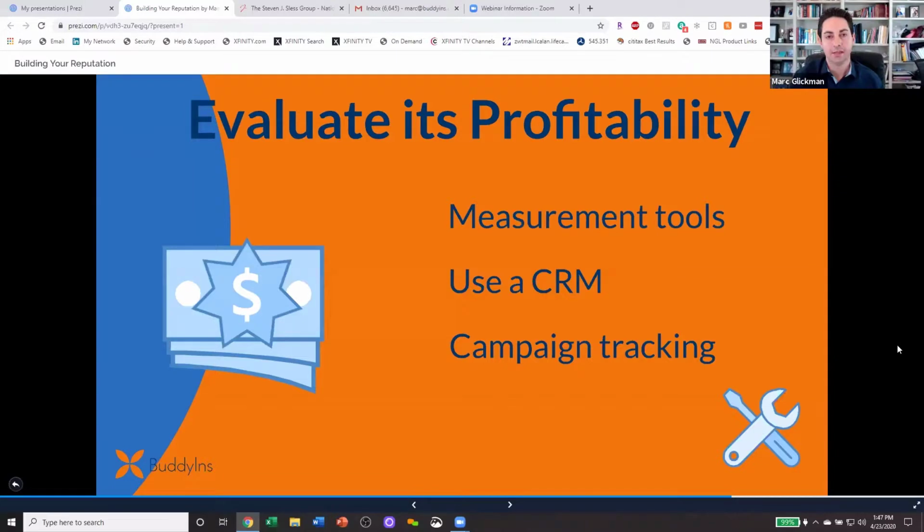Yeah, and I think it's so critical to have a strategy when it comes down to this. When you're building your reputation, it's very hard to measure the impact of that. But one way to do that is to see what your end conversion rates are, because that reputation is really what's going to lead to higher conversion rates. I think you mentioned that you have a much higher success rate, whether it's direct mail or another channel, especially even locally, because people might know your name already. When they receive the mail, they're more likely to open it up because you built that brand. So it all ties together.